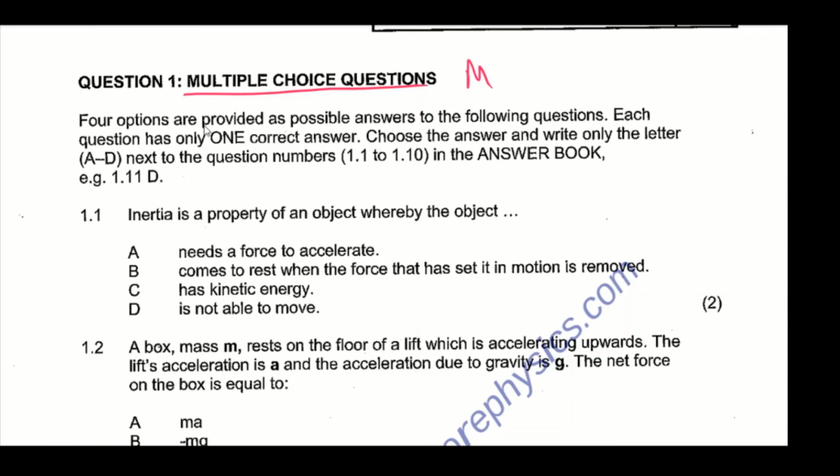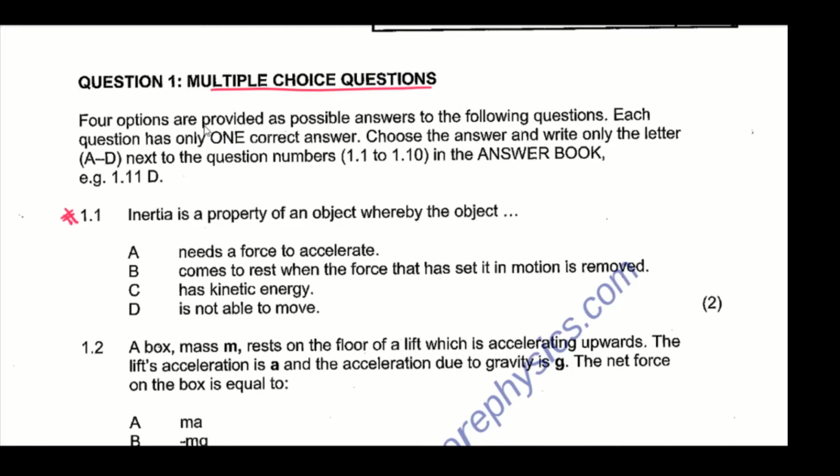So now I'm going to do question 1. We're going to do the multiple choice questions. Just going to start from 1.1, which says that inertia is a property of an object whereby the object,